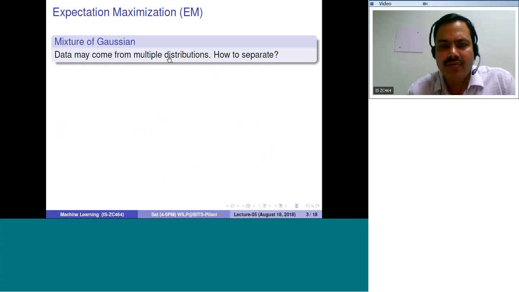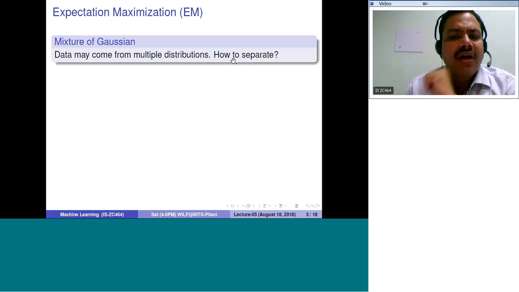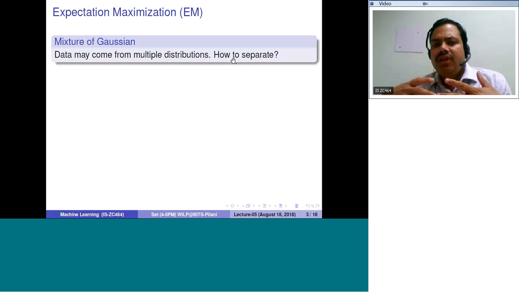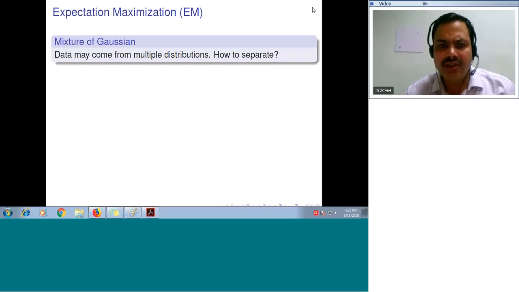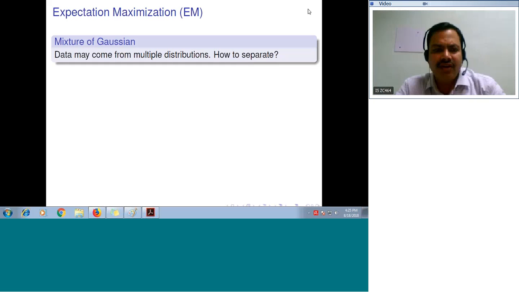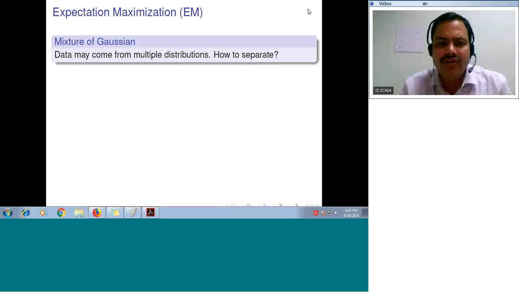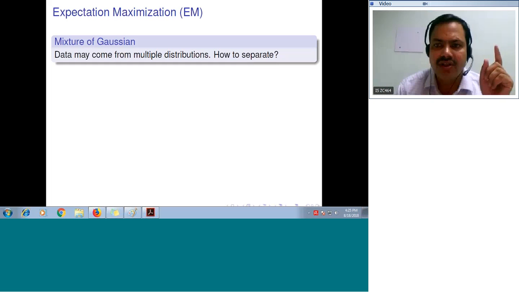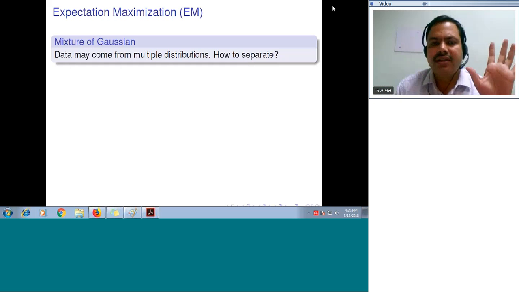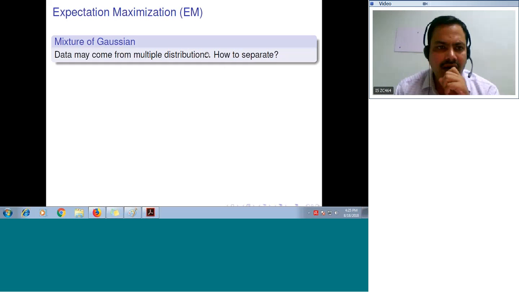Those various distributions are possible, and then the question comes: if data is shown to me, how can I say that this particular part of the data is actually coming from the first distribution, and this data from the second distribution? This is important because most of the time, if you are going to get a lot of different data, and nobody is going to tell you which particular part is coming from which distribution, then it's your responsibility to do the task. So how to do this? This is the question that we are going to address